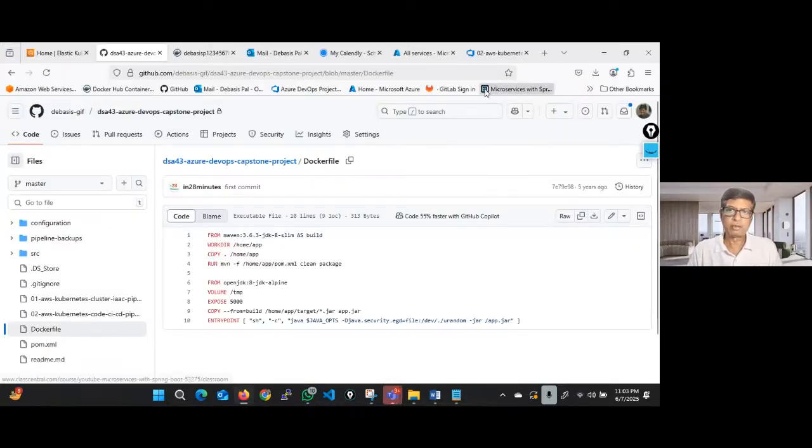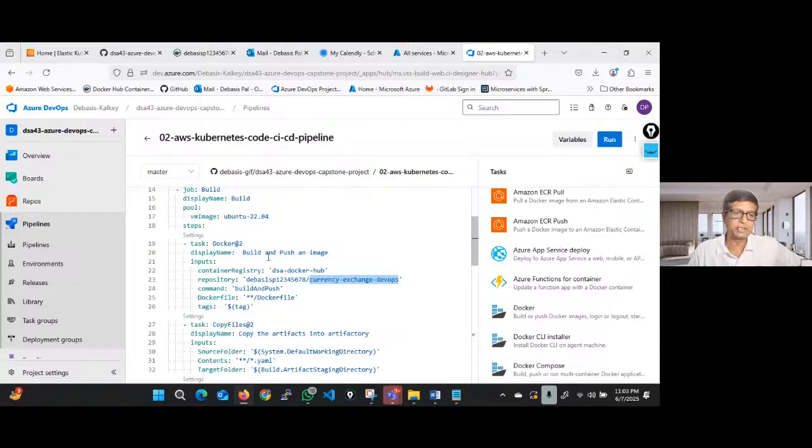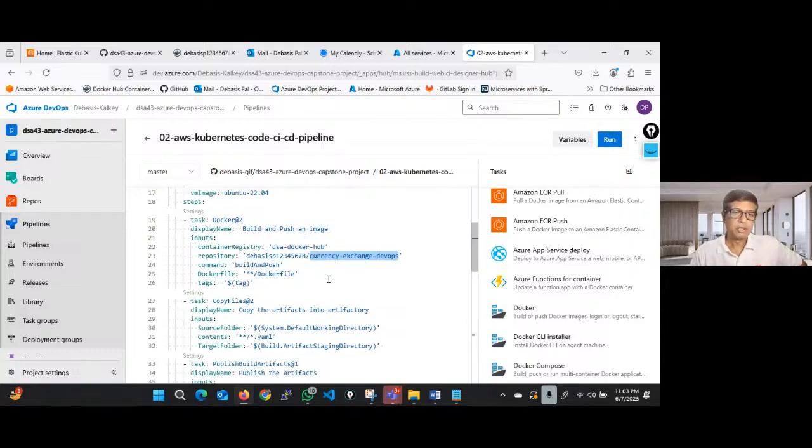Once that Docker image has been compiled through the Dockerfile, if the compilation is successful, your build, you will push it. Build and push. This is the command. So this, if I show you,